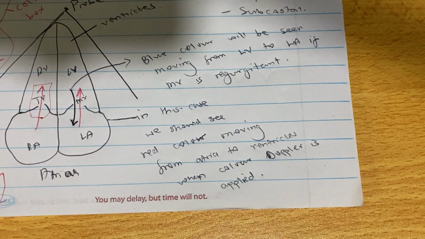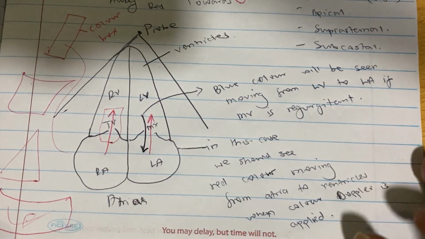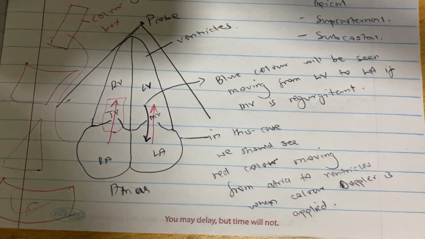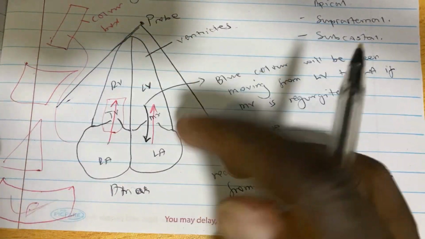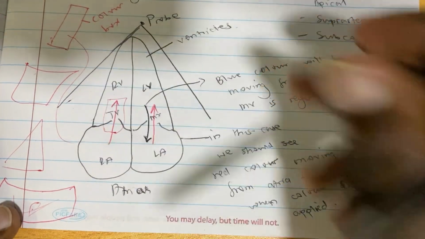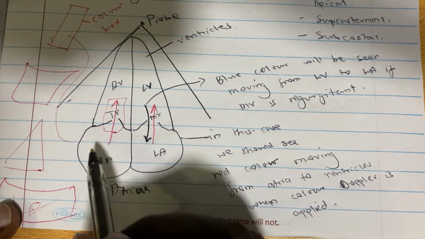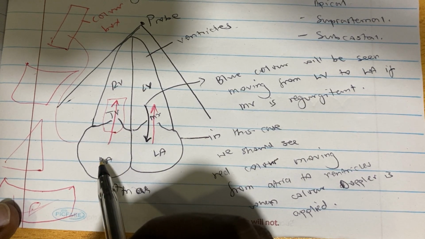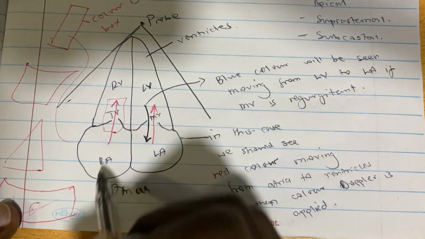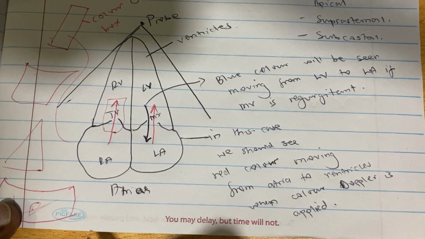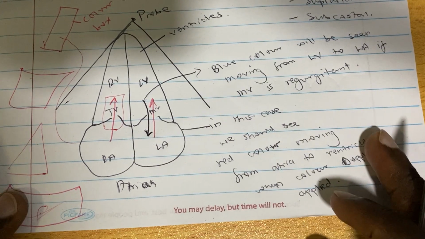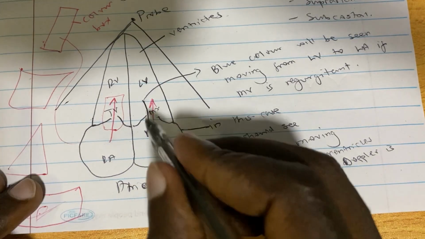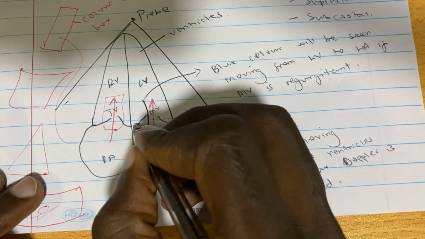So whenever you are there, maybe you are learning, the doctor or any other person is doing echo, and they apply color, you see color in the image like this, you see color moving. Now your goal is to see, is it on the valve? Yes. If it's on the valve, then you see, do I have blue? Because what we expect, if there is no regurgitation,